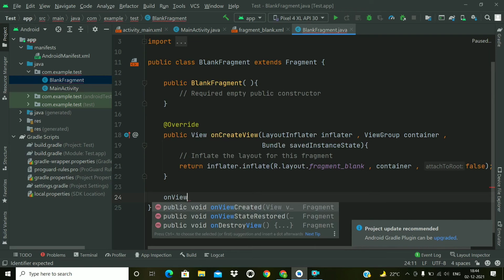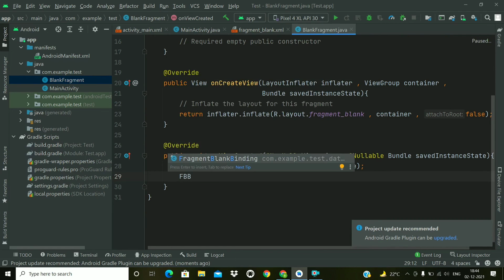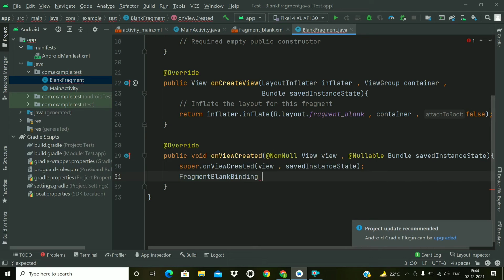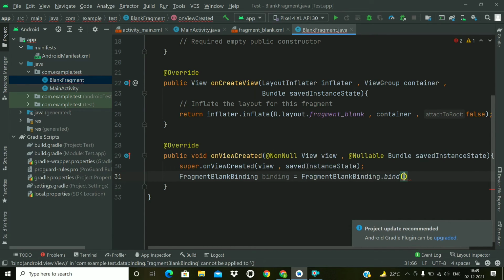This method will be called after the onCreateView method, and it will pass a view item in this method, which is the representation of this layout file. Now the binding class will be FragmentBlankBinding for this, and we will create a reference for this, and this time we will use the bind method to bind an already inflated view with a binding class. The bind method is used for binding views, and we will just pass the view here, and that's it.